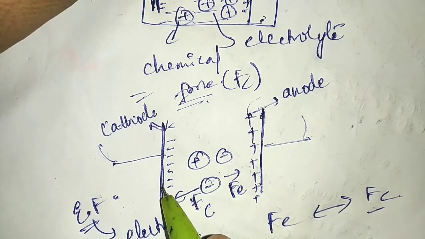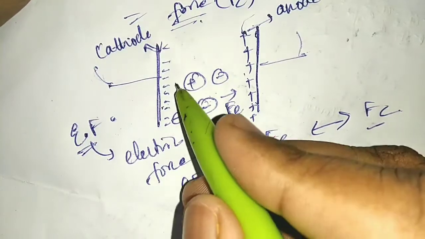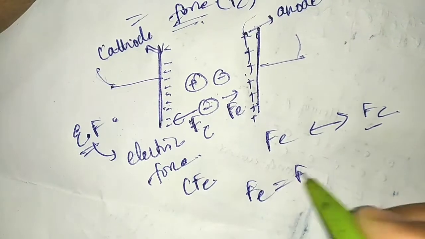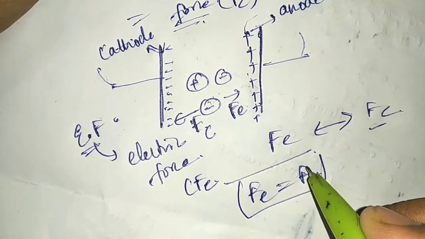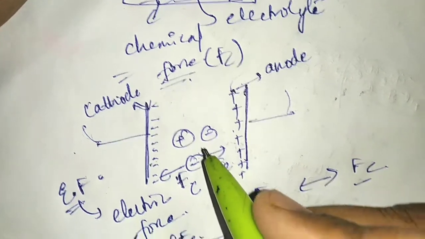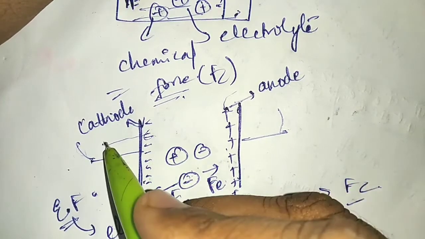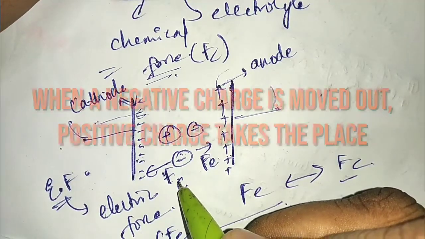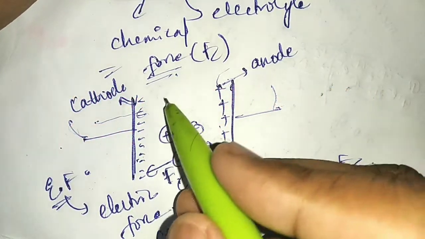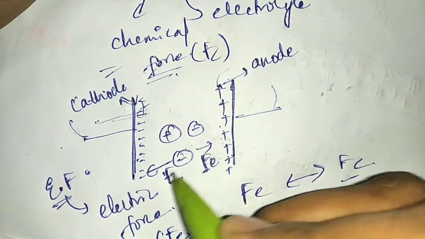This force will be acting on each and every ion until the ions go and stick on these plates. Okay, so once these ions go to their respective plates, both the forces become balanced. That means when both the forces are balanced, only then can we say they have the constant potential difference. Once one of the electrons gets out from this battery, the chemical force will be more than the electric force. Again this chemical force makes the negative charge move away and positive charge come here, so the chemical force and electric force get imbalanced here.